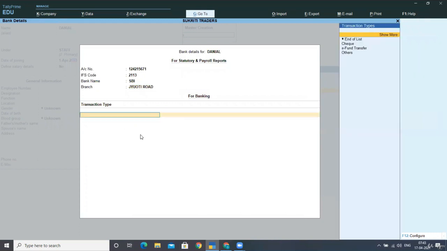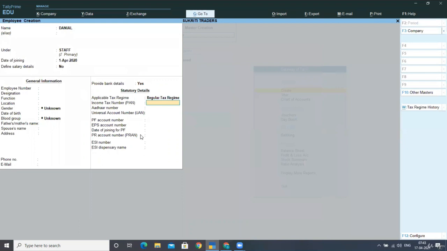Next we have to select the transaction type, like I have to pay by cheque. Take it under the regular tax deduction, and then you can provide the PAN number, Aadhaar number,